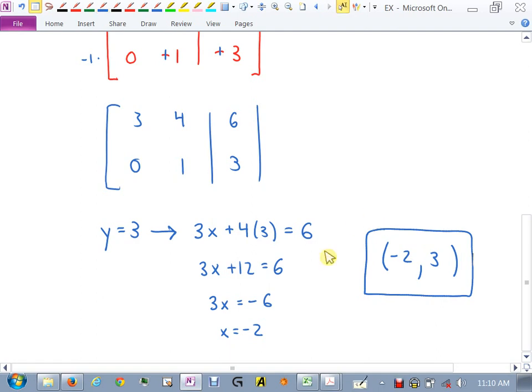Now there are more things we can do with matrices. We can investigate this thing called a determinant. And there are other ways to solve systems of equations other than elimination and substitution. There's a thing called Cramer's rule, which is a very nice little shortcut. But due to time constraints, we really can't get into it too much. It's the next 2 sections of the book, and it's not even on our schedule. But a lot of times in high school, they just teach the students Cramer's rule, and there's no real understanding of why or what. It works and it gives you an answer. So I just want you to be aware of that.